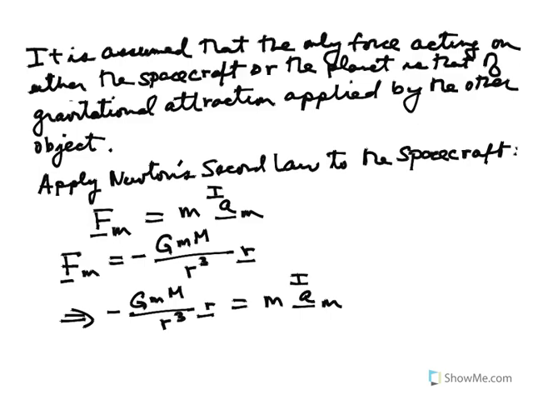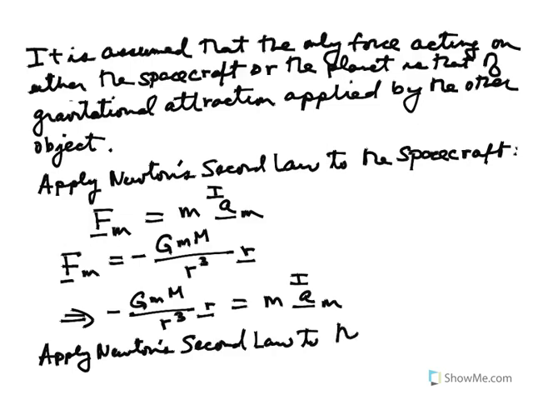Now that's only for the spacecraft. Now we're going to do the same thing for the planet. So apply Newton's second law to the planet. Now in this particular case, the force applied to the planet is equal to the mass of the planet times the inertial acceleration of the planet. But from Newton's third law,